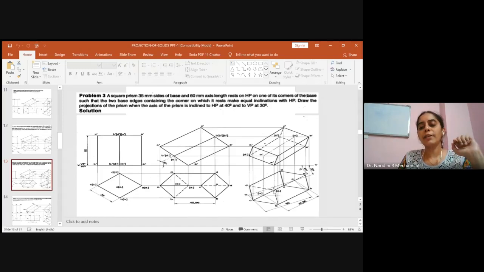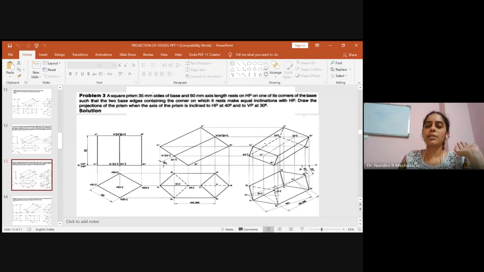So now corner A1 is also with the dotted line. So you have to check similarly for the corner A1 dash here. So where A1 dash comes here, the projection of it comes to A1 dash to A dash, which is outside boundary. So this will be continuous. Again A1 dash to D1 dash it comes, which is also outer boundary. So this will be continuous. One more you have from A1 dash to B1 dash. This is also at the outer side, because this is the outer side of the square surface, which is visible, and hence this also cannot be hidden.